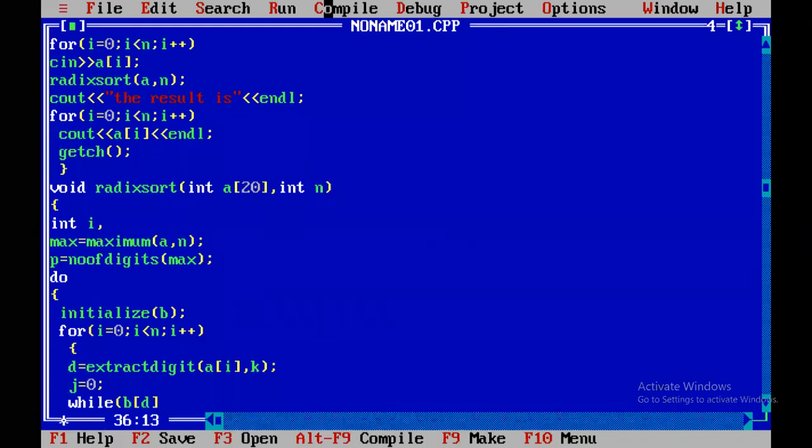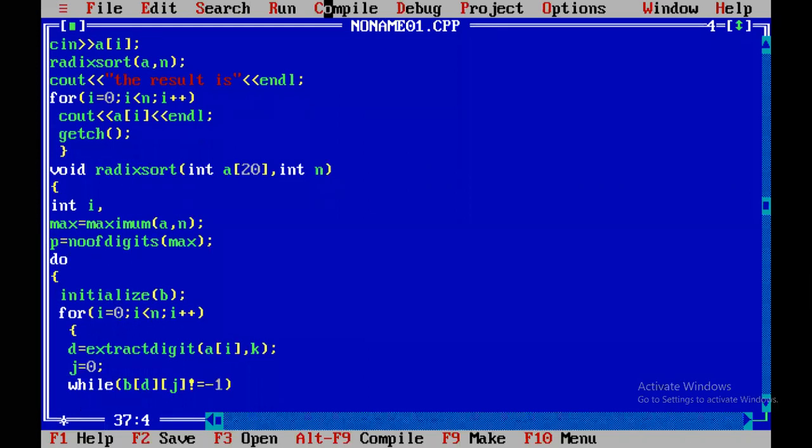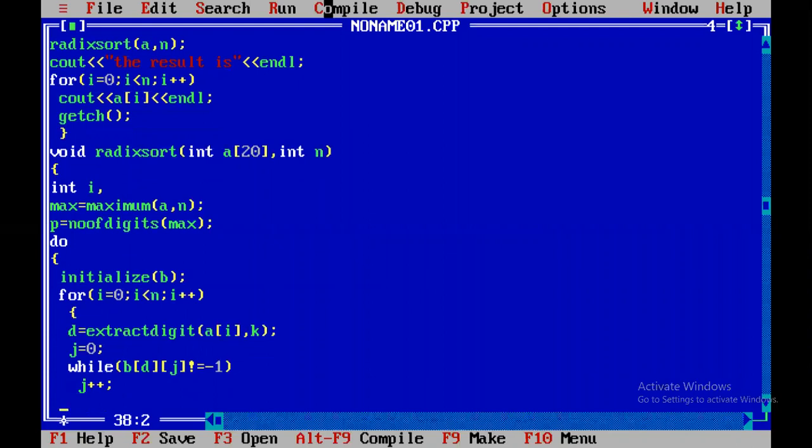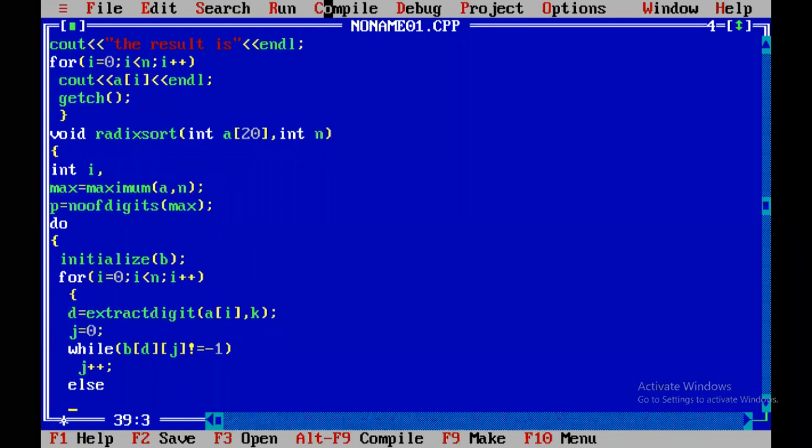That's why, if b of d of j is not equal to -1, then j plus plus. If the bucket is empty, you have to break.